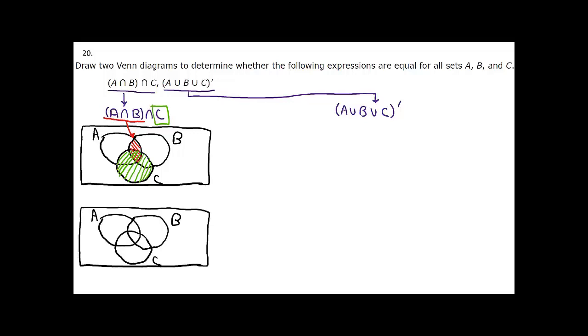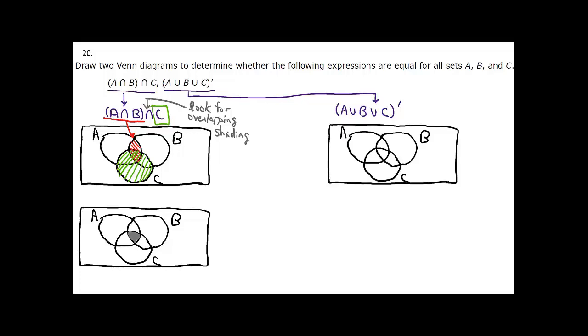And since we're doing intersection, we want the overlap. If you're looking for the overlap, you can see the two types of diagonal lines only overlap in the absolute center of that diagram, which I call a wedge shape, that includes being in all three circles. Then you move over to the right, approach it the same way, except this time you're taking